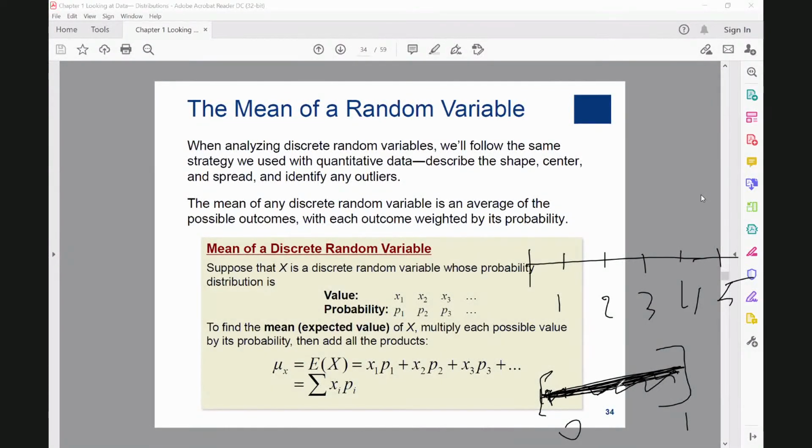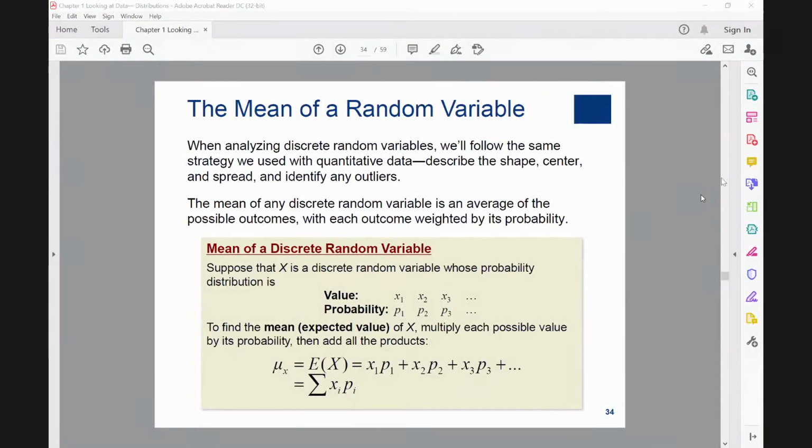By the way, it's not very important for this course, but once we have a discrete variable, the mean is given by this formula. That means the first value x1 times p1. P1 is the probability when X equals x1, or more generally pi. As explained here, pi is equal to the probability when X equals xi. Once we have all possible values related to X, all outputs of the variable X, and the related probabilities, then